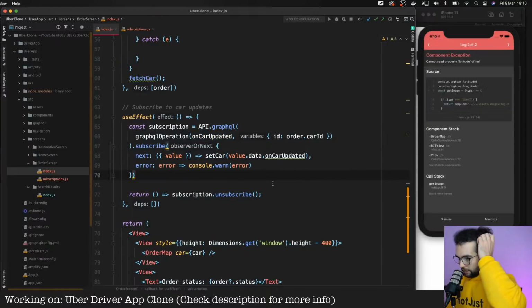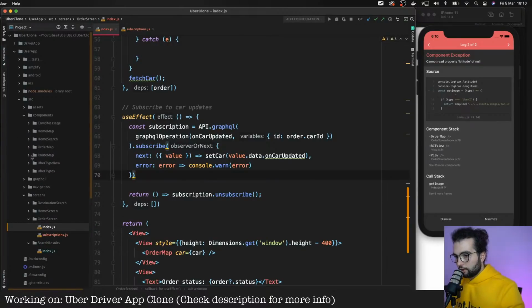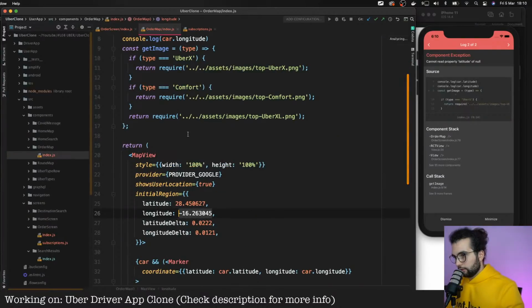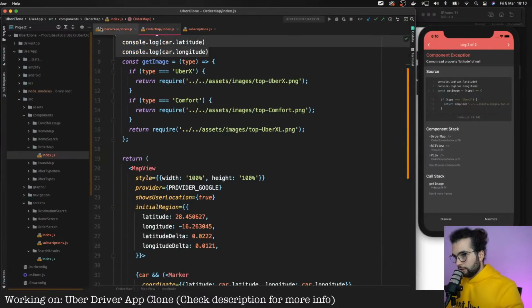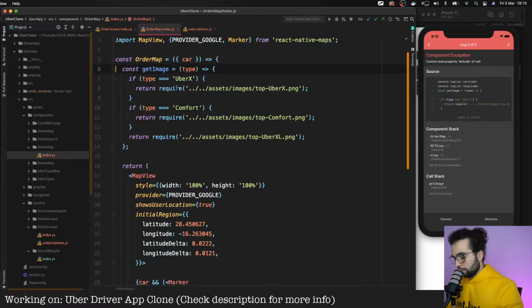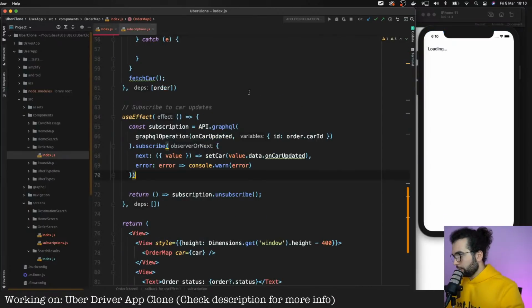Cannot read property latitude of null. In components, order map. Save.